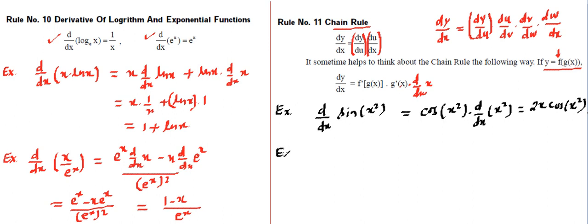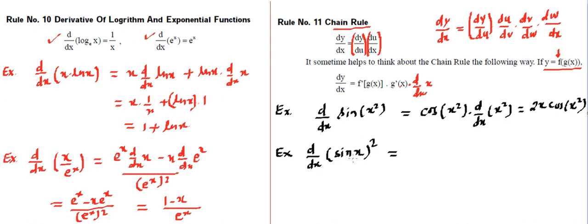So similarly, we can take another example. Let's say somebody says d upon dx. We need to find d upon dx of sine square x or sine x whole square. Now you see, the inside function is not x. Here we will be considering this function as some capital X. So if we consider this some capital X, then it is X squared. That means x raised to power n formula we need to apply in the first place.